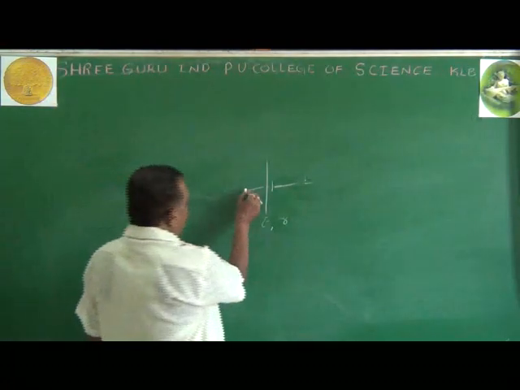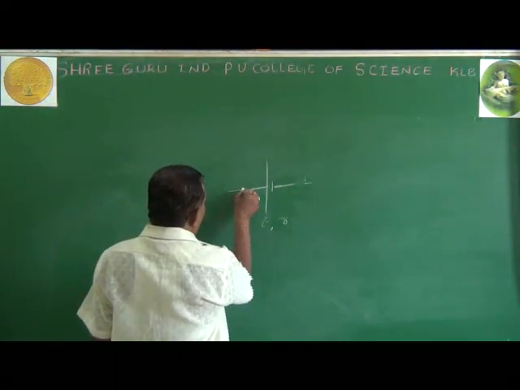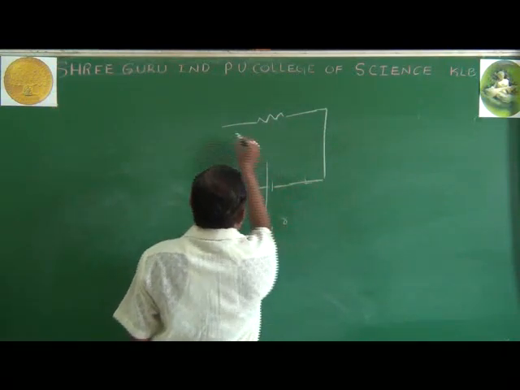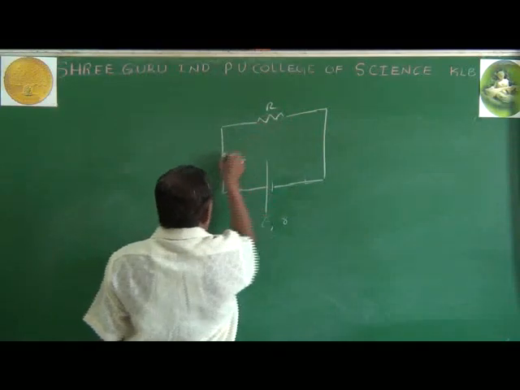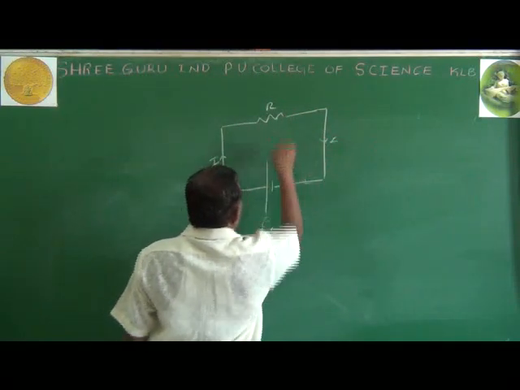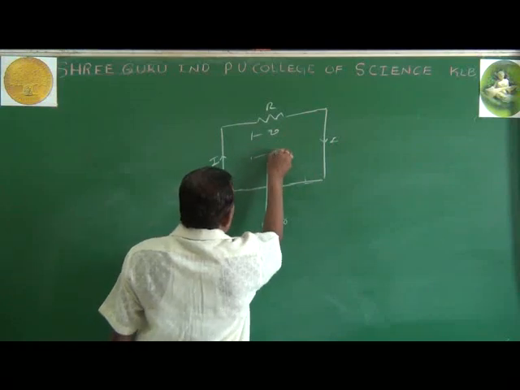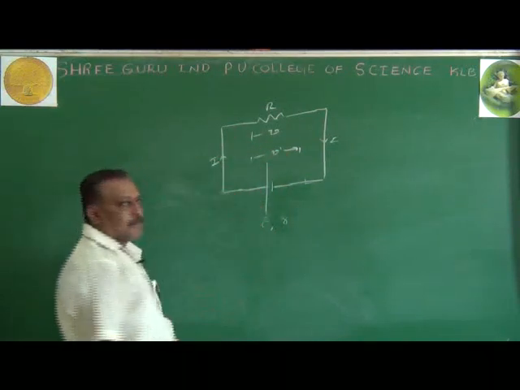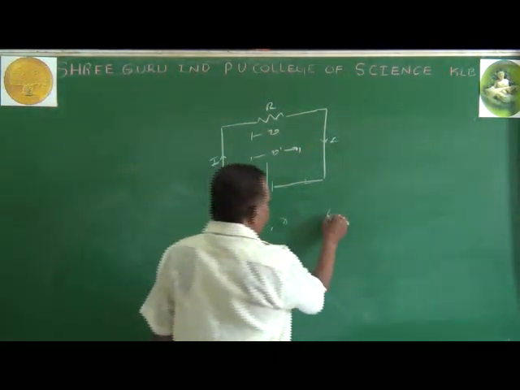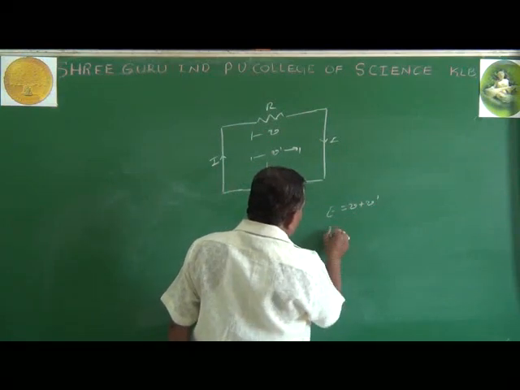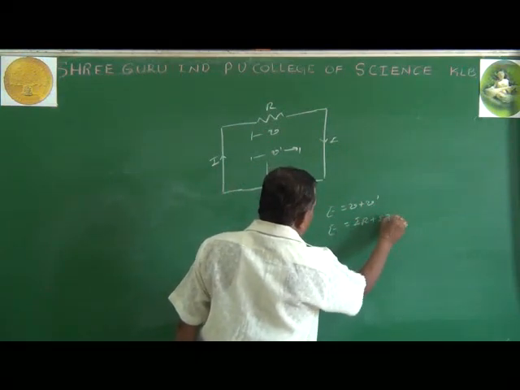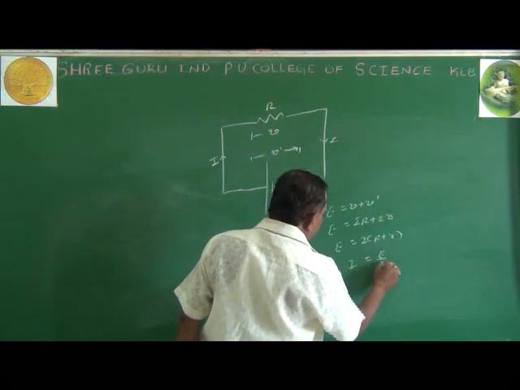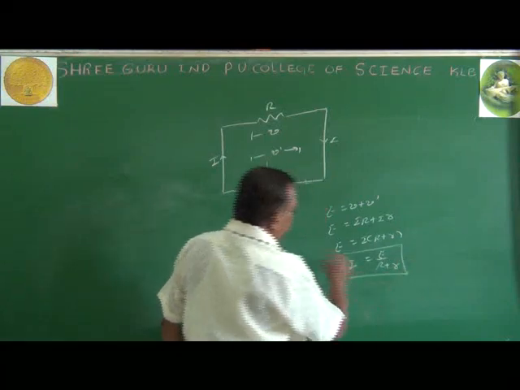When it provides electrical energy, to carry that electrical energy we need a conductor. Now this is the external resistance, that is, the conductor having external resistance R. There is a flow of current I. Hence, because of the resistance, a potential difference exists: V equals I into R, and V dash equals I into small r. Hence, the total EMF E equals V plus V dash, E equals I R plus I r, E equals I times (R plus r), then I equals E divided by (R plus r). This is our proper circuit.